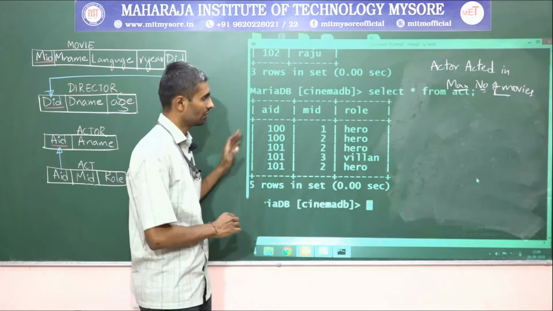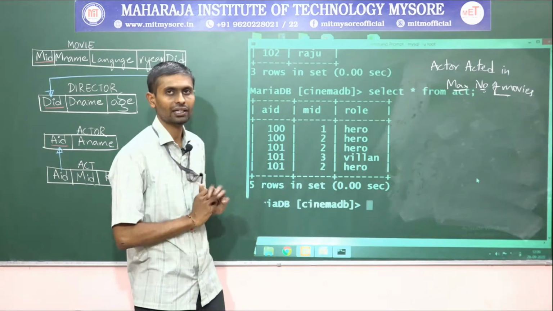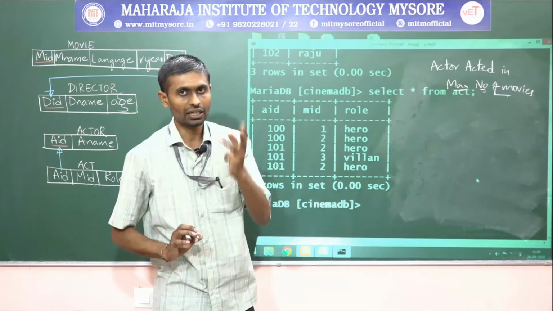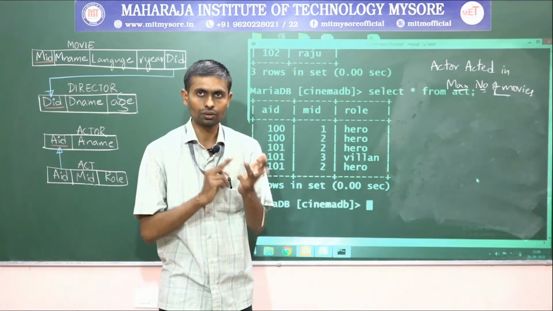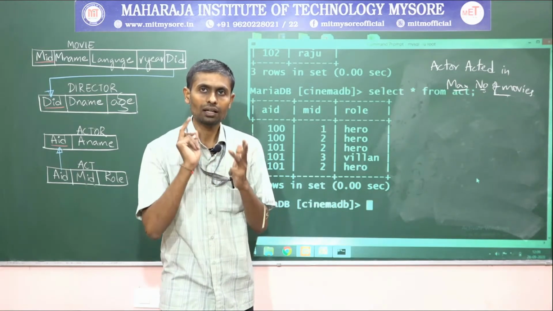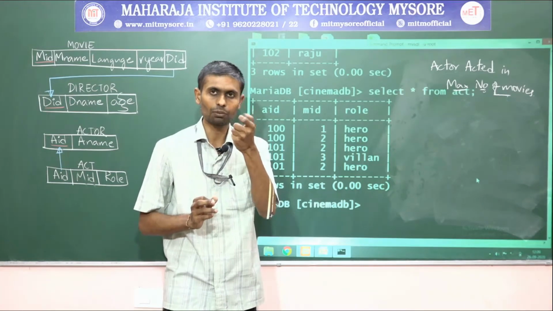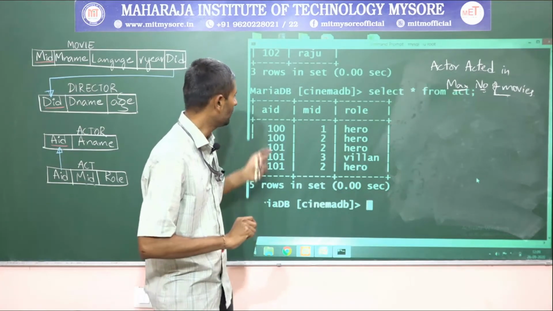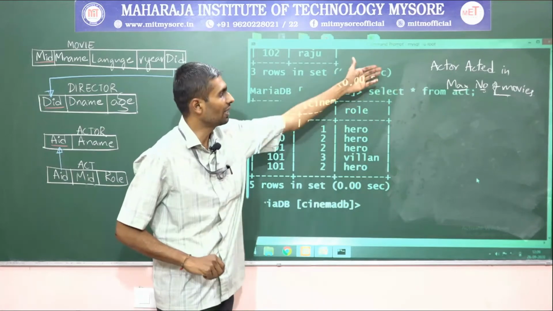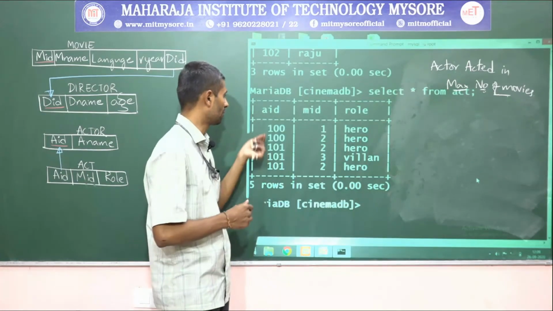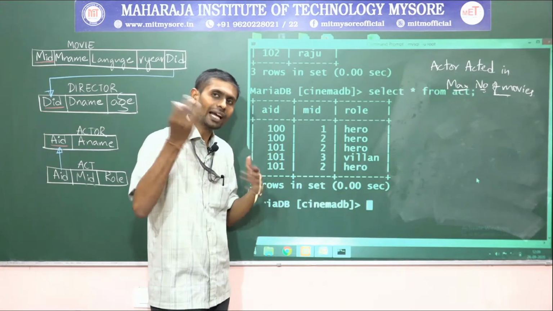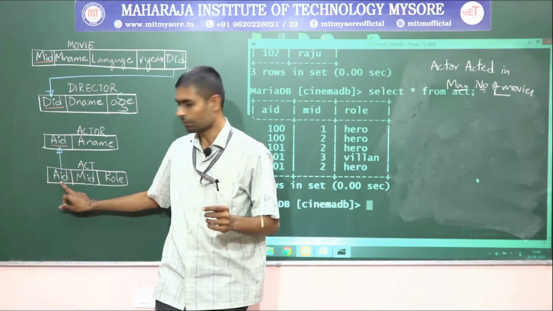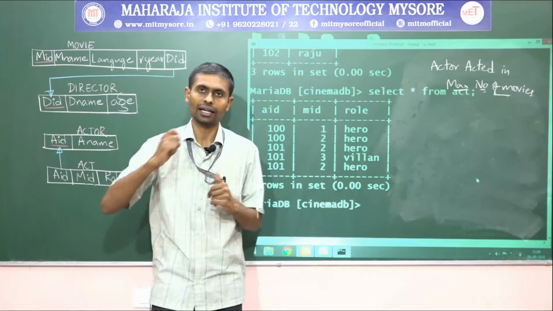Let me check, guys. As part of this, we said the act table is required, and in the act table, which are the two interesting attributes, guys? Because always, before writing a query, what we have to find out is which tables to consult to display it, and always write a query based on a key attribute. Once we get a key attribute, it's very easy to get its corresponding values. Display actors who acted in maximum number of movies. To do that, display actors means display actor IDs. Then we can easily display the respective names later by joining with the actor table. Once we get the actor ID, we can easily get the actor name, right?